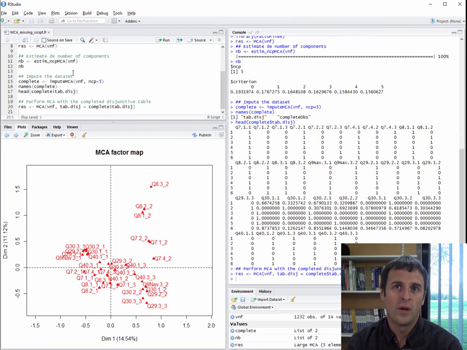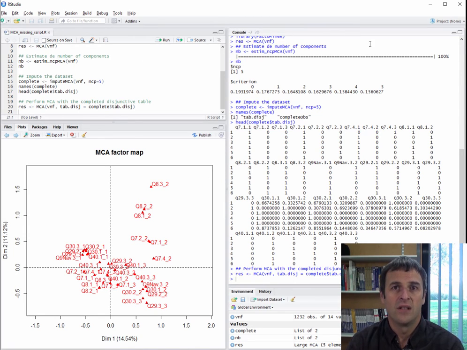In conclusion, to do MCA with missing data, we suggest that you do the following. First, visualize where the missing data are by creating a missing data category, which is done by default by the MCA function in FactorMiner, as it is in most software packages. Then, if you want to visualize the actual observed data, you have to impute the missing data and work with the imputed disjunctive table. Again, this means running the MCA function from FactorMiner.